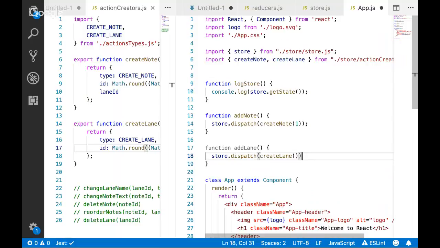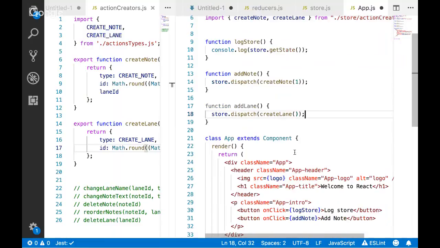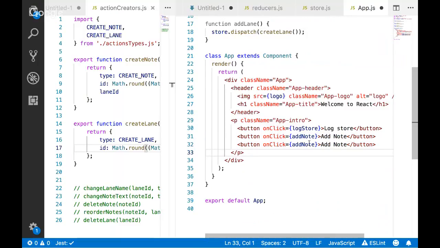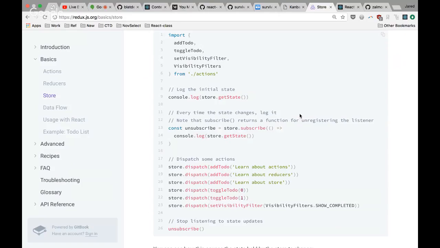Which doesn't take any arguments. I'll just copy this thing again. Add lane. And now we've got, or should have,